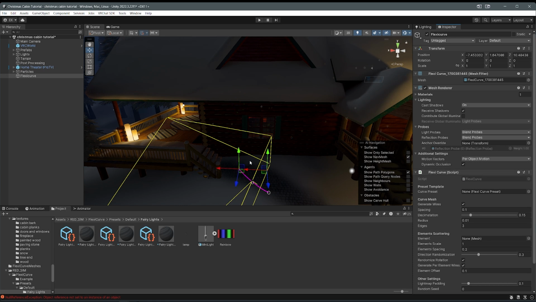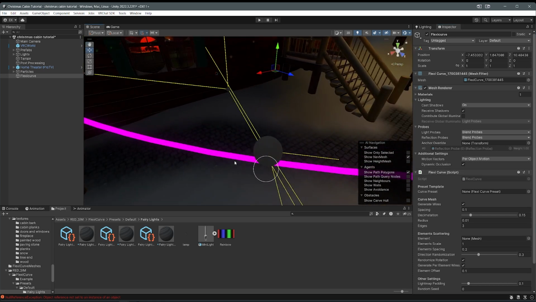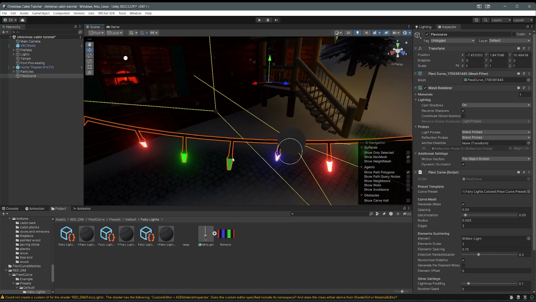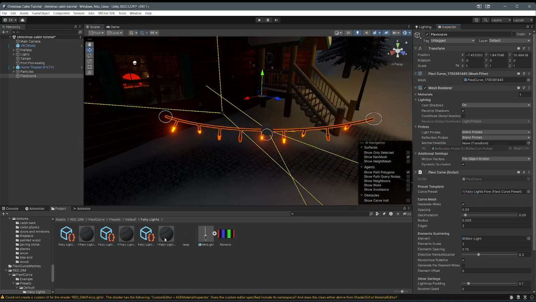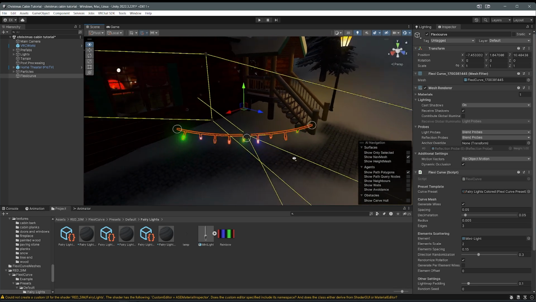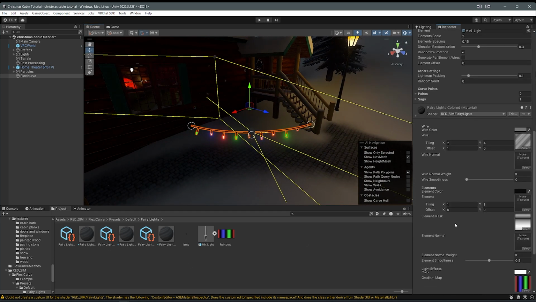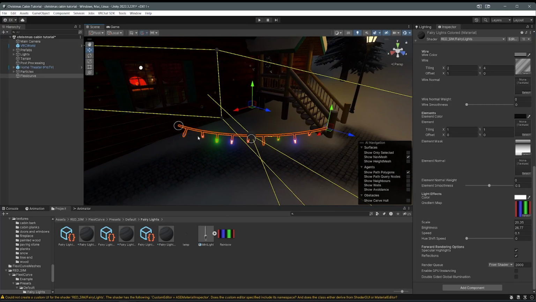We've added the Flexicurve in here. Now we've got something that looks like this. In the presets default fairy light, we can actually bring in some of these presets. So I think we should just be able to drag these little things, bring them in. You can see it changes how this looks. Maybe just for example, you can test out some of the other stuff. The first one is the one that we want because this is the rainbow color. And all this does is it changes the settings and the material so that it makes this specific